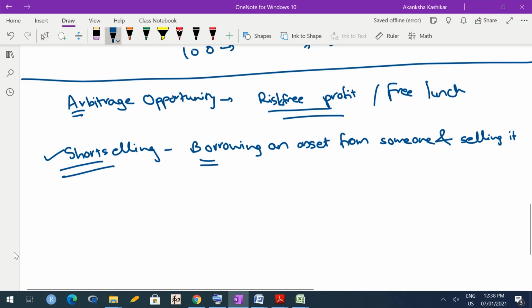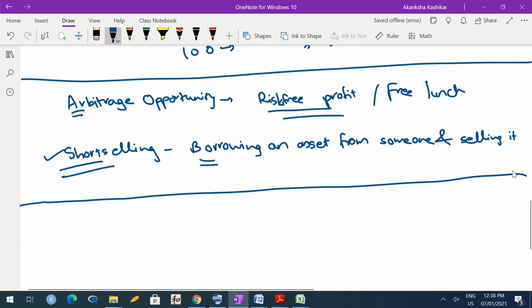But just to again explain the concept of short selling and arbitrage opportunity, let me give one non-financial example. Suppose I own some book and I have recently bought a new copy of that book, and right now I am not using it because I want to read it later. So the copy is in my bookshelf. And you come to my office and you notice that book. One of your friends actually wants that book, and that person has been telling you that the book is not available in my city, but it is available in Pune, so please get that book for me.